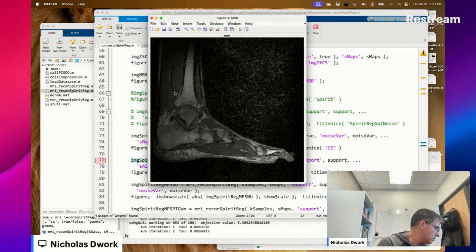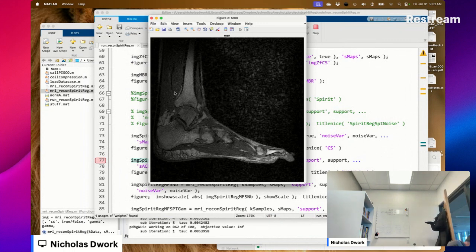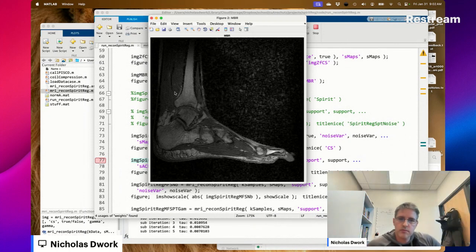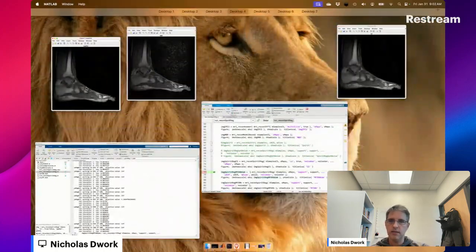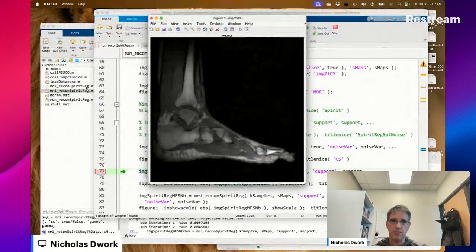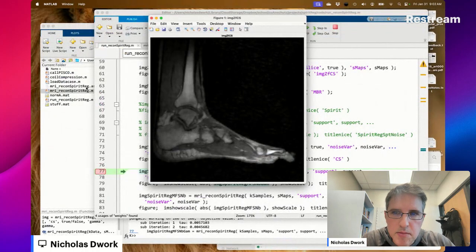So it's going to be much slower. It's larger by a factor of n coils. And that is still basically the same. I mean, it's the same.